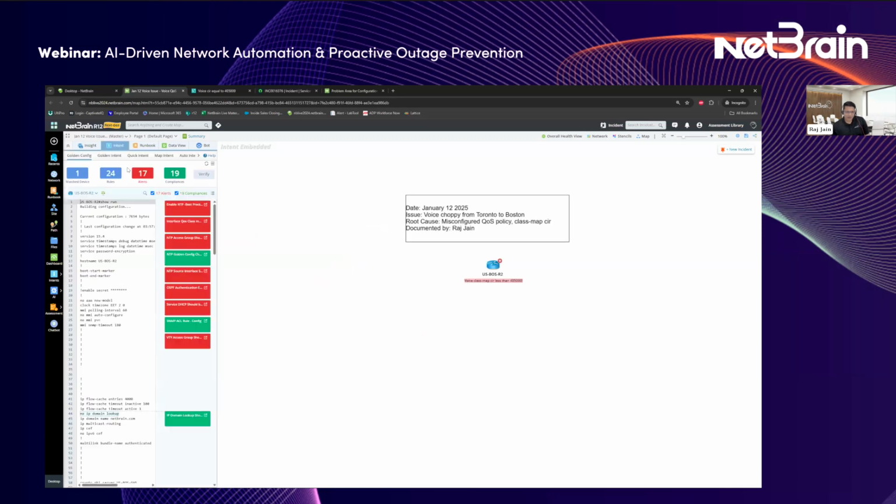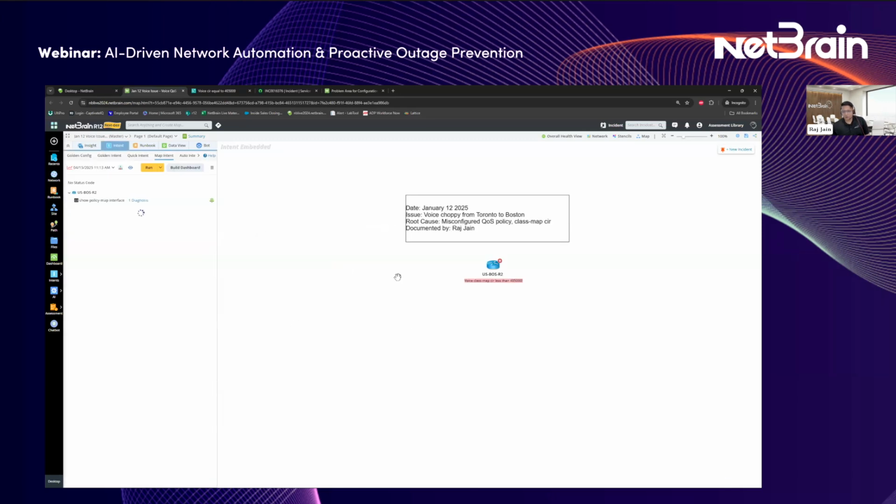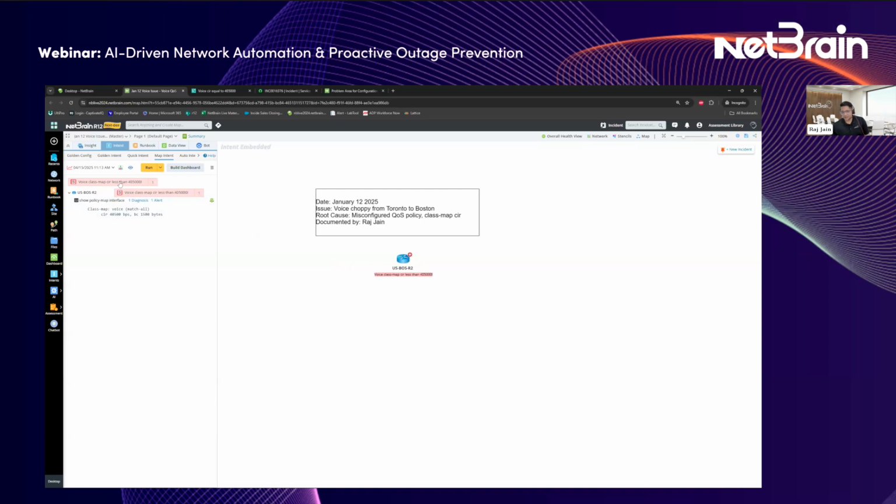Great. And the engineer was able to point out what the problem is by running an intent that was able to tell us that, hey, it looks like the CIR is less than the standard value. Now, this is the troubleshooting that the engineer did at the time of the event. Now, like what Song mentioned, we want to take this and replicate this in my entire network, assess my network, and then find out if there are similar problems. So we're not just solving the problem once, but we're solving the problem for the future as well. So preventing problems with that. How do we do it? We do it using our assessment technology.